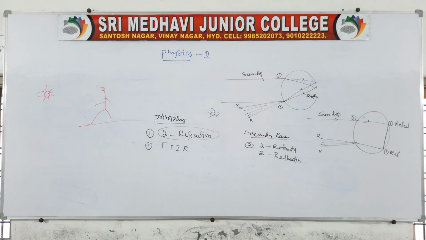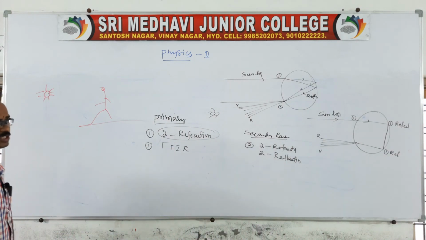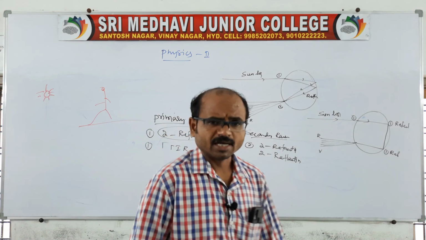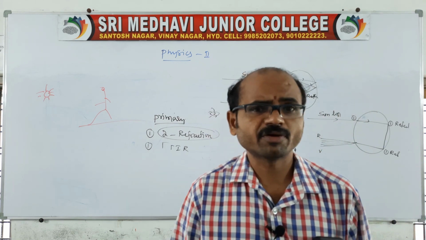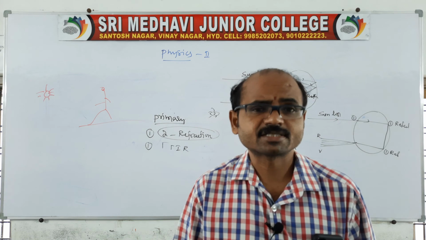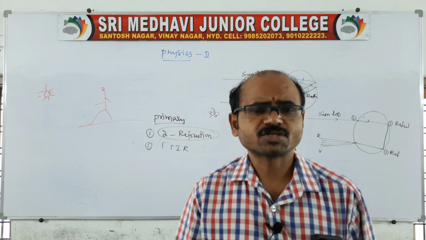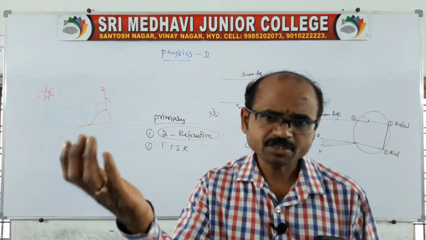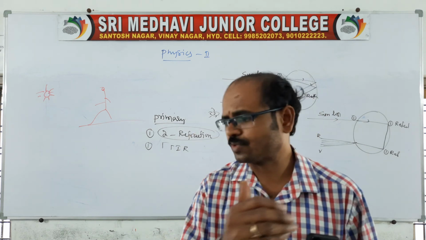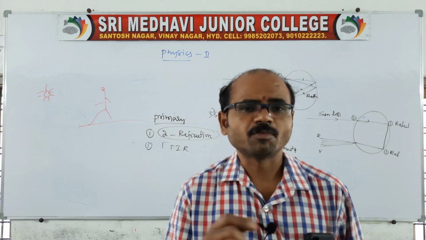Okay, go through the rainbow, because the rainbow question is a 4 marks question, and they usually ask about the rainbow as well as why the sun appears red in the morning and in the evening. Already I explained why the sun is reddish in the morning and evening, and we finished that question. It is also due to scattering, and because the red light wavelength is more. I told you very clearly in the last classes. So go through that question.